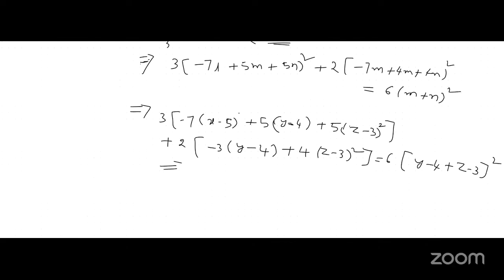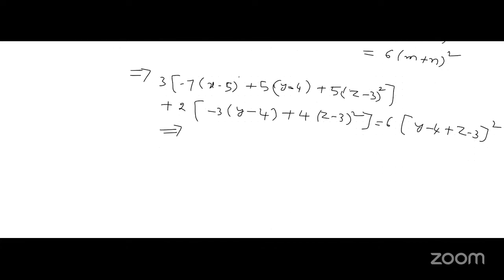After simplification, we are getting 147x square